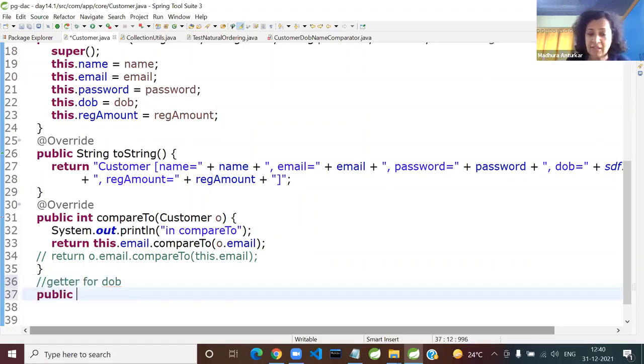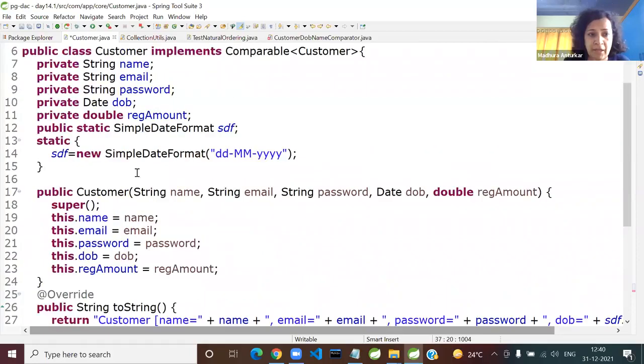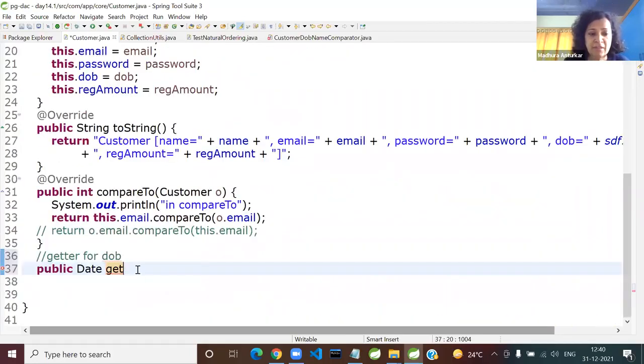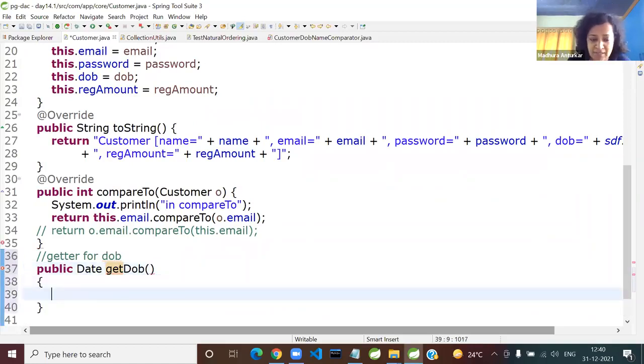Any getters and setters are typically public. The getter is going to return the date of birth whose type is Date. The practice is to add a prefix of get and then use the property name DOB with camel casing: getDOB. No arguments. Simply return. You can say this.DOB, or I'll stick to the standards: this.DOB.